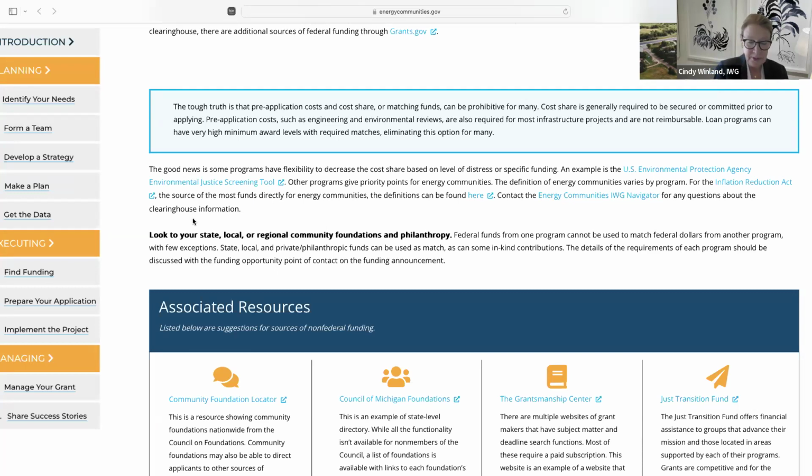One example is the Just Transition Fund, which has a federal access center, and they may participate in several levels of assistance. Increasingly, states are also providing grant writing and matching assistance now through legislated offices and funds. Minnesota, Kentucky, New York, New Mexico, those are all examples. Some academic institutions have programs like the University of Michigan Economic Growth Institute, University of Minnesota Extension, the Arizona State University Just Energy Transition Center. They all have offices that can contribute to your efforts in some way. And for those of you writing brownfield grants, there's technical assistance to brownfield offices that are free through the EPA.